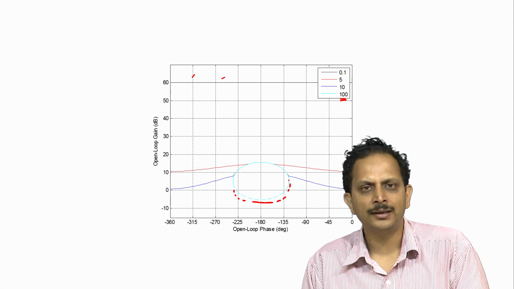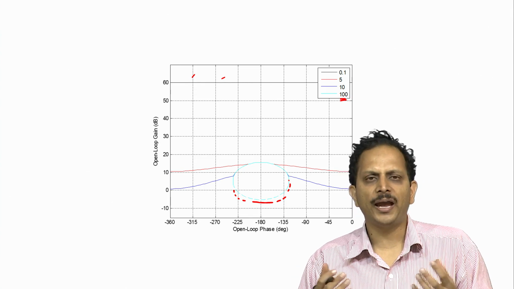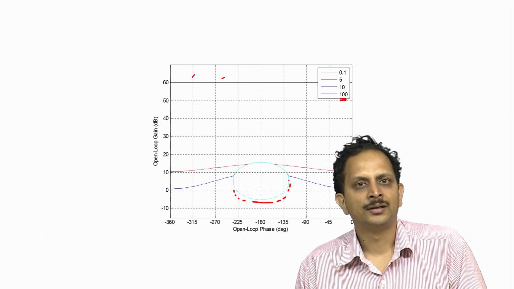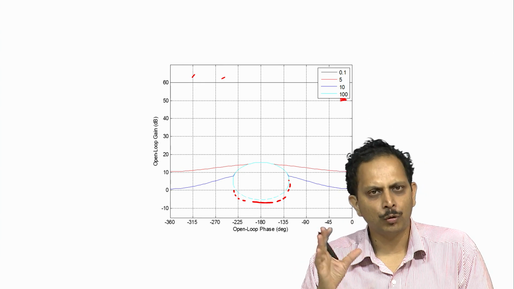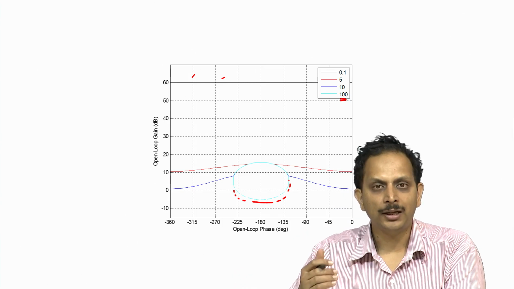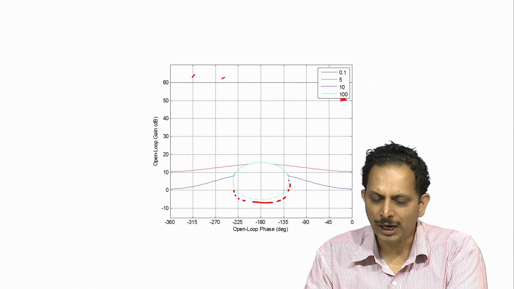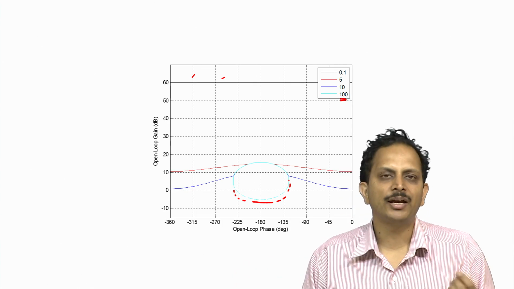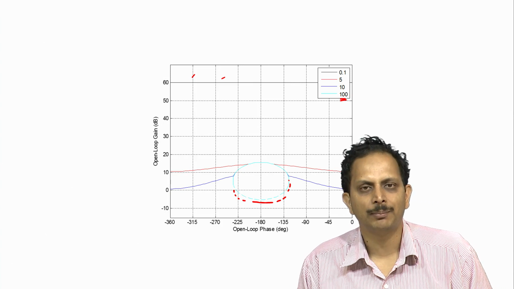Now this number 100 was rather arbitrary, it could be any number that is beyond 10 radian per second, and at that particular frequency we are concerned only about the stability bounds, and it does not matter what number we pick because the shape of the bound will be independent of the number that we pick when we have no uncertainty associated with the plant.